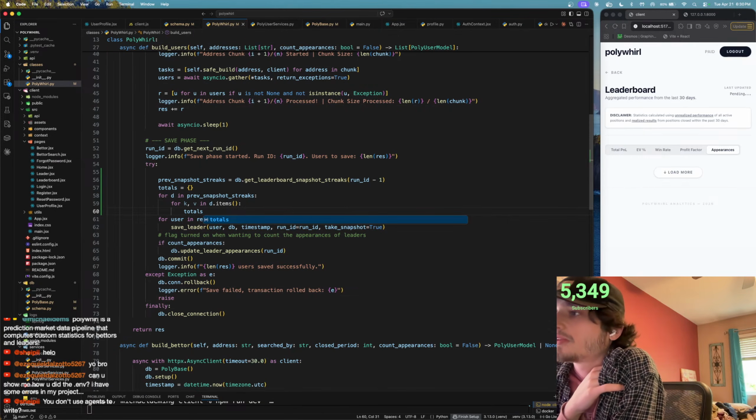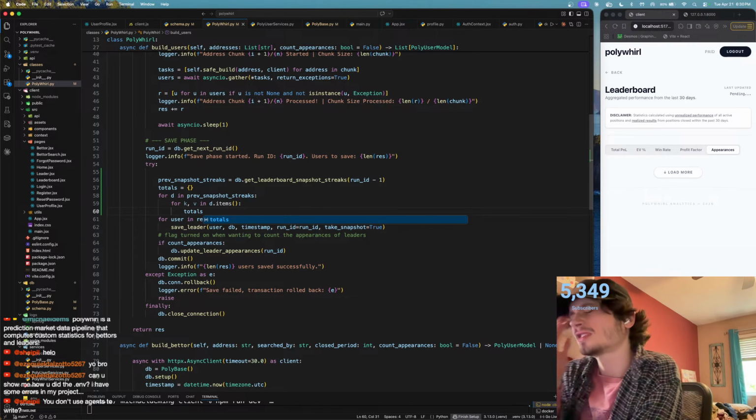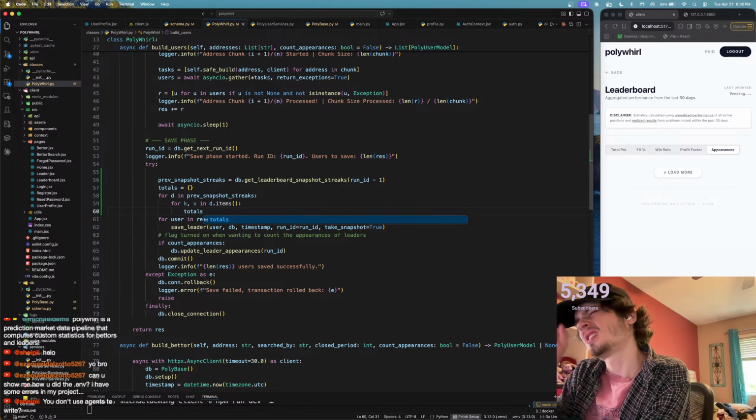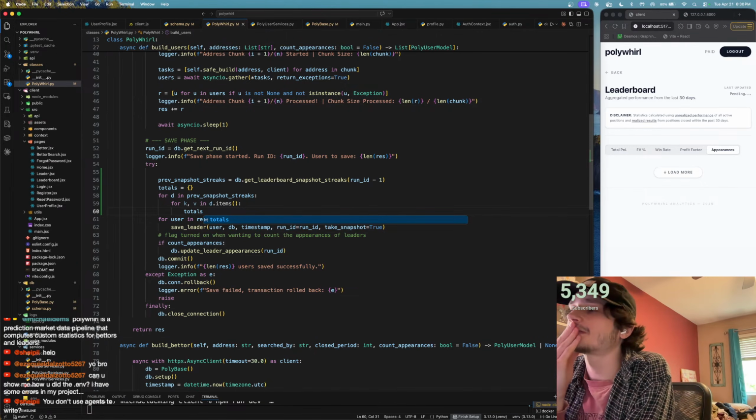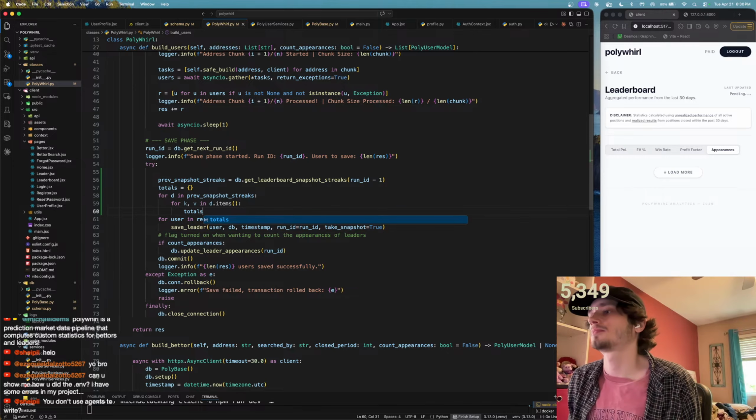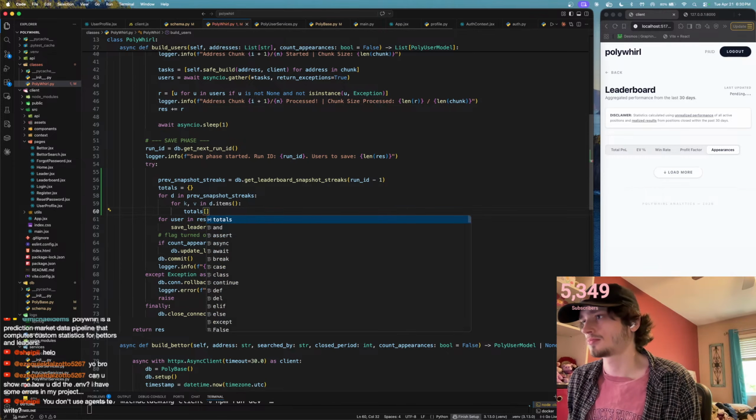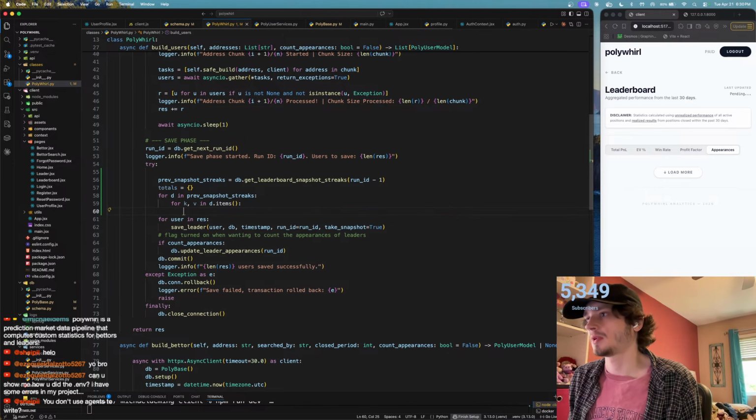So we have for key value, we're going to get the values. So the first one, if the key is equal to address,